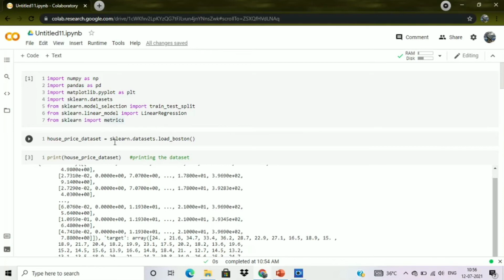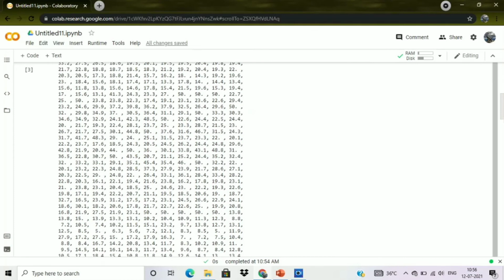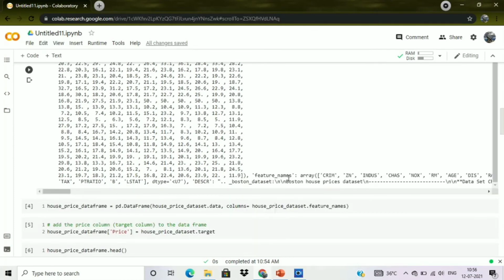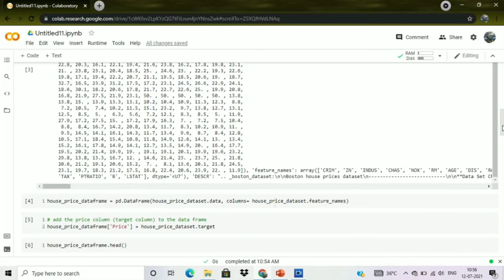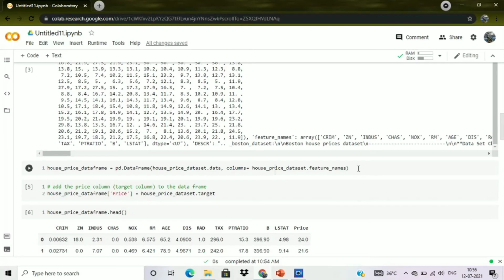So after that, we have loaded the Boston dataset into another variable here, house price dataset, and then we have just run it. And after that, we are just printing this particular variable, and we are getting some kind of value of this. You can see that it is a gibberish kind of value, and we cannot understand it very easily. You can see that there are feature names here, CRIM, ZN, INDUS, and others also. So we will convert this NumPy array format into pandas data frame. So here you can see that we have just created another variable, and we have just loaded this particular dataset which is in NumPy format into pandas data frame.